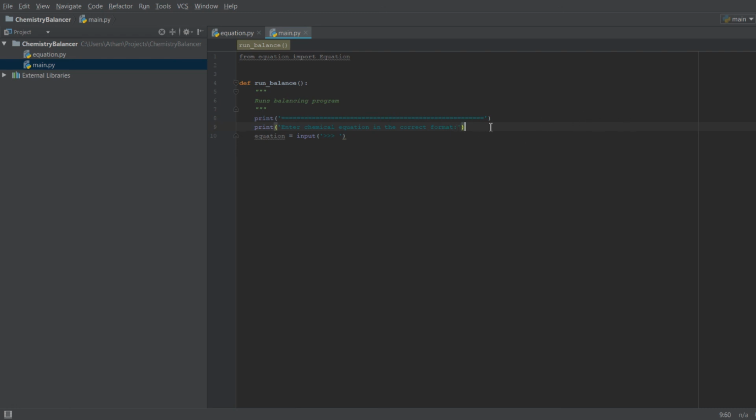So first it'll print this, it'll say enter chemical equation in the correct format. Then you input the equation like here, and after that it's going to take it and it's going to say,